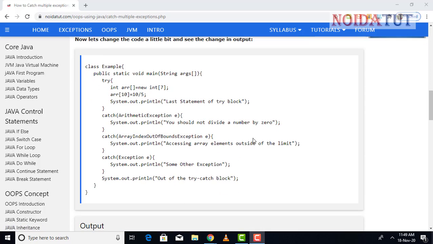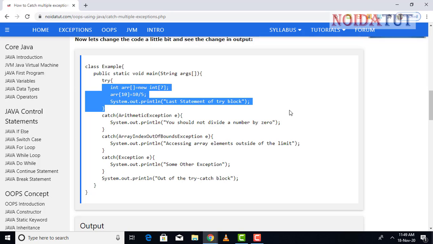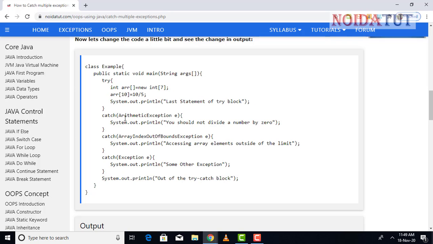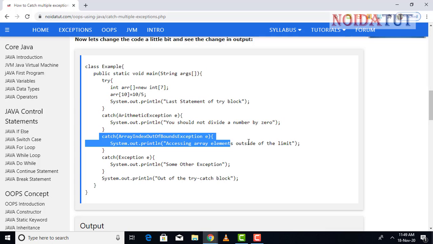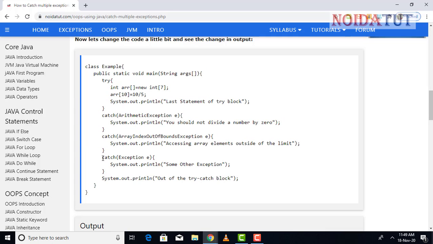This one remains the same. Now in this we have the arithmetic exception, then the out of bound exception, then the catch exception. This is known as the default, and the last part is outside the try-catch block.